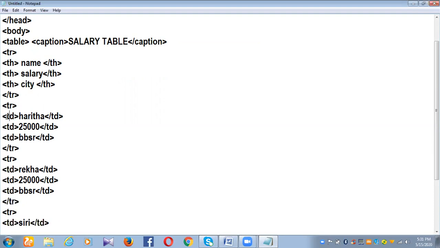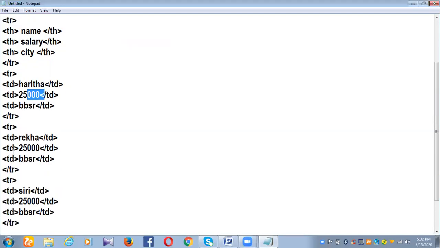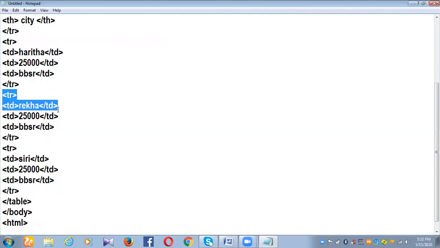I opened td and gave the data: under name goes Harita, then close the tag. Under salary goes 25,000. Under city goes BBSR. Then I closed my tr tag. Similarly I have written data of another person, so three persons' data is available in this table.